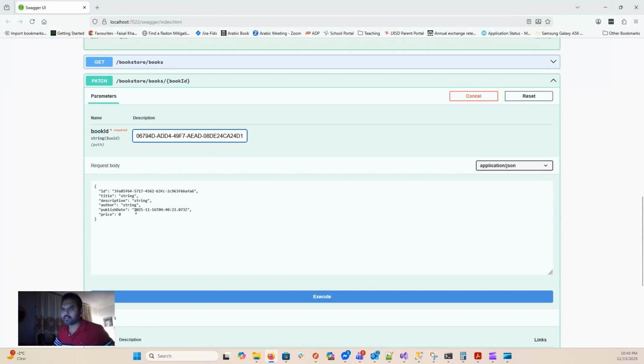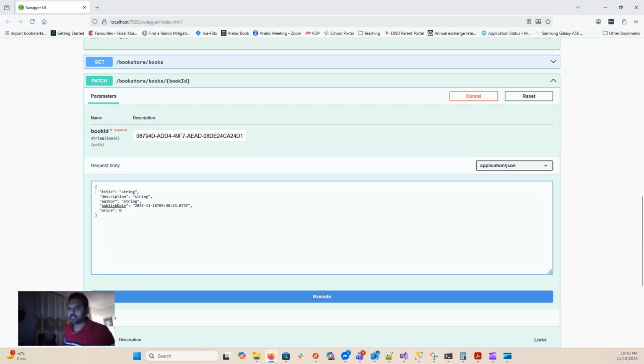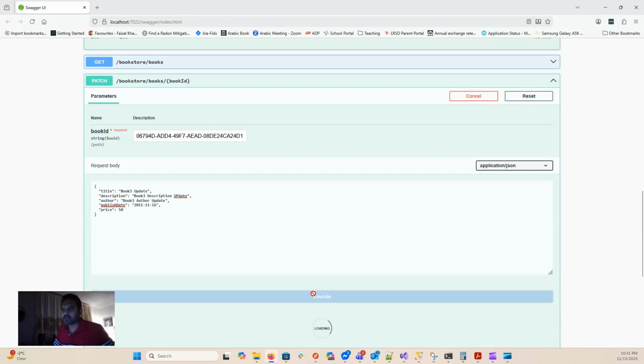I just put the ID of the book that I'm going to update, say book 3 update, book 3 description update, book 3 author update, and let me put a new date, so 2011, and price say $50. Now if I execute this, it's going to call the update book endpoint,